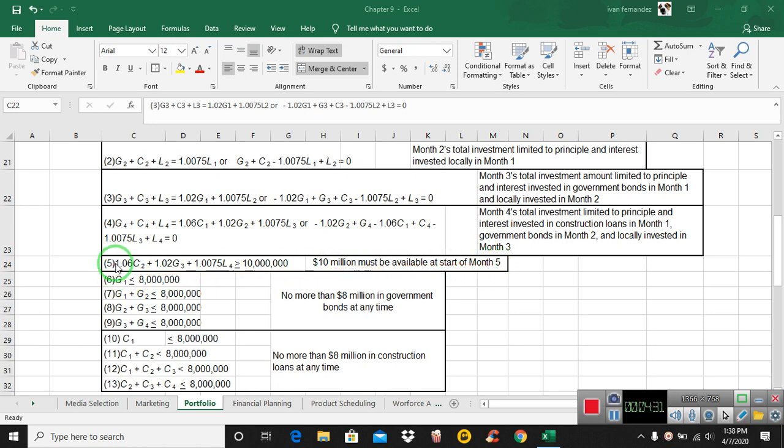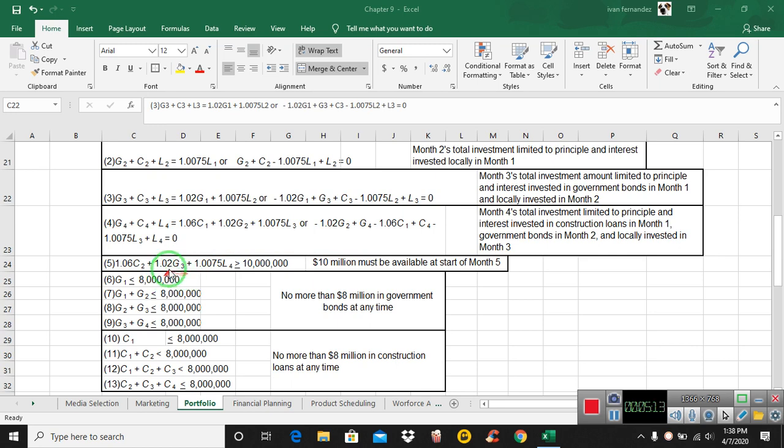So that's going to be 1.06, which is a return on your construction loans, plus 1.02 times what you invested in government bonds on the third month. And remember, why am I saying the second month and the third month? Because of the lock-in period. If you invested any of your money in government bonds in the third month, that money will be available in the fifth month, right? Because it's going to run for 2 months, the third month and the fourth month, and then it'll be available